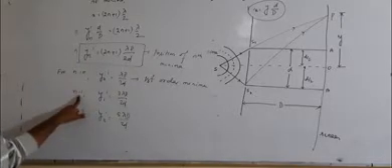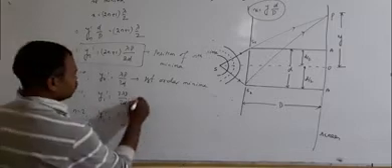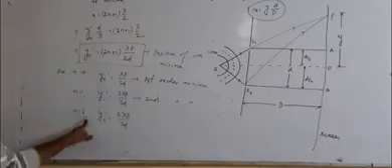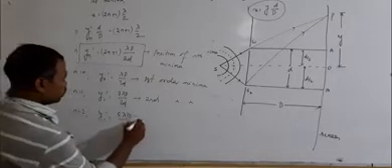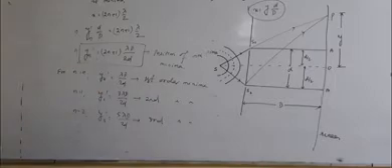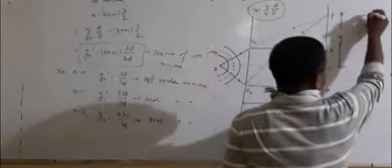If you take n equal to 1, then this is the position of second order minima. Similarly, if you take n equal to 2, this is the position of third order minima. Like this it will continue. Complete. Now see here, suppose